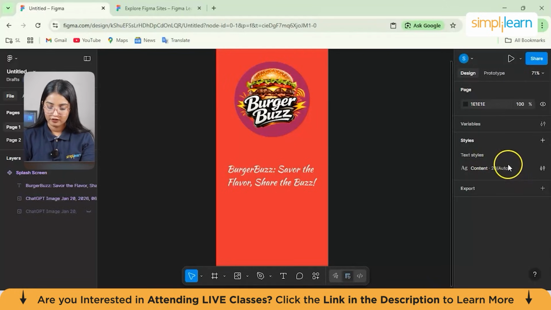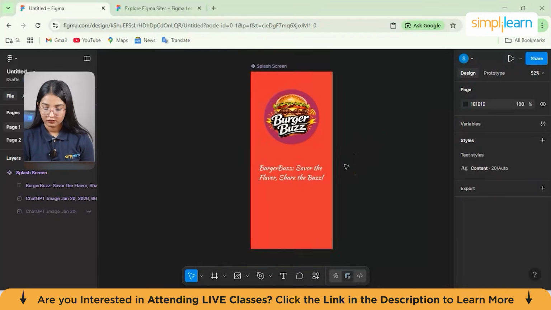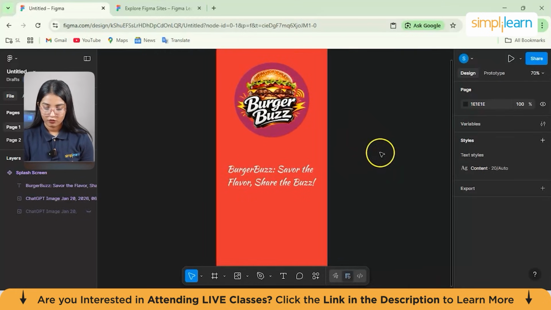Again, you could also create it for your color as well, which is adding the color effect. Then we also have this layout guide. You can add your own personalized layout guides for creating your designs. So now that we have created our styles from here,